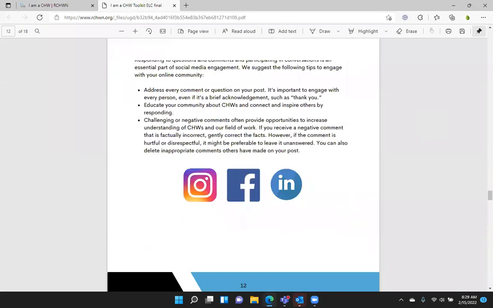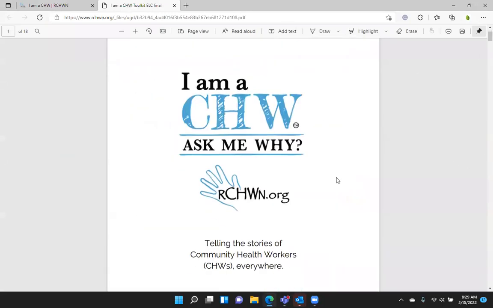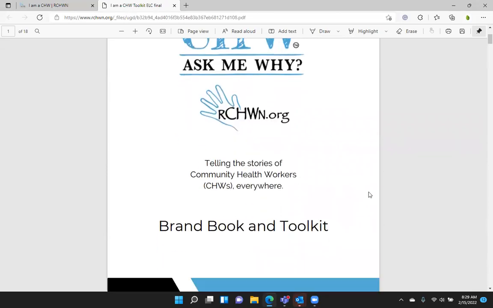Once you go to this toolkit, you'll see it's pretty long and it gives a lot of great background information on why we created the campaign, how to participate in the campaign, and how to use all of the logos and wording correctly. If you're going to just be using the Canva templates, which we encourage everyone to do so that they look pretty consistent, you don't necessarily need to read the whole thing in depth, but if you would like to create your own graphic from scratch, this has all of the information on how to do it,